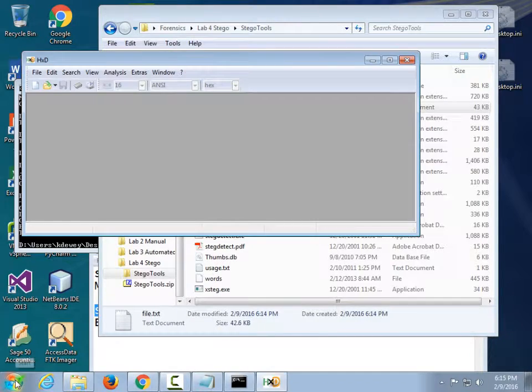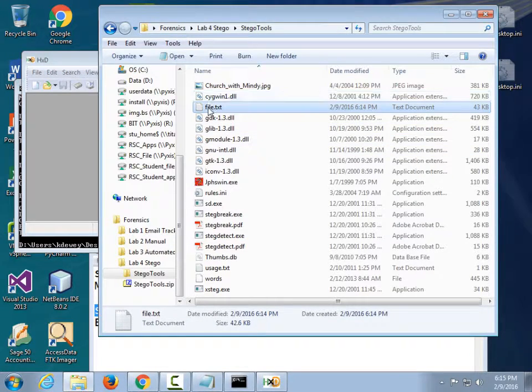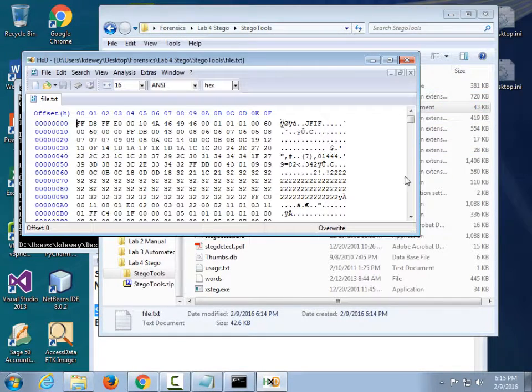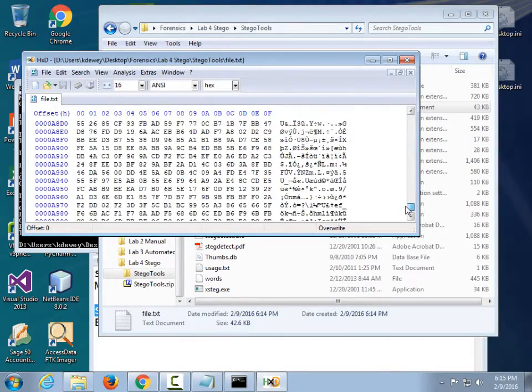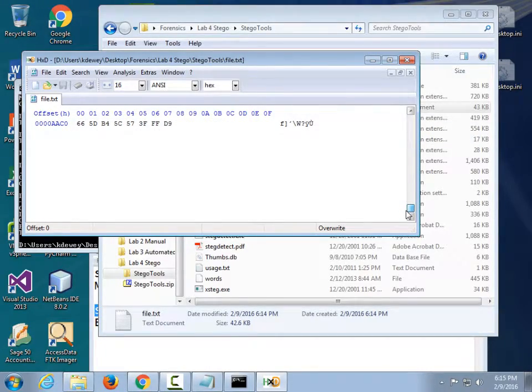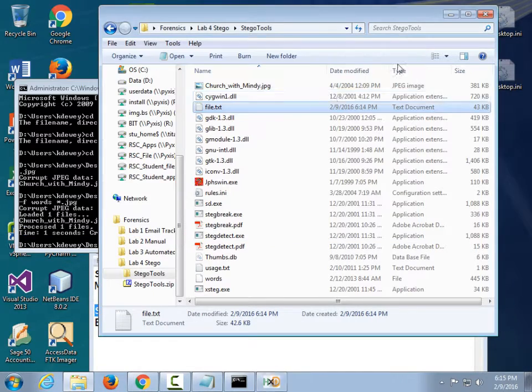You can very easily open up your hex editor, dump it in there, and you can see it's got the JFIF and the FFD9 at the end. So you can say, obviously, this is a JPEG, so I'm going to go over here. And since we know it's Mindy,